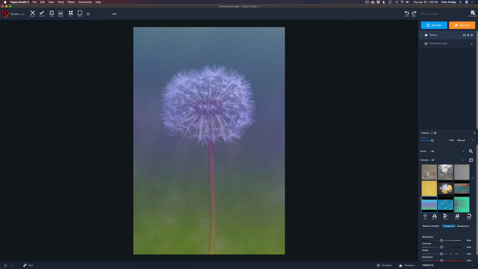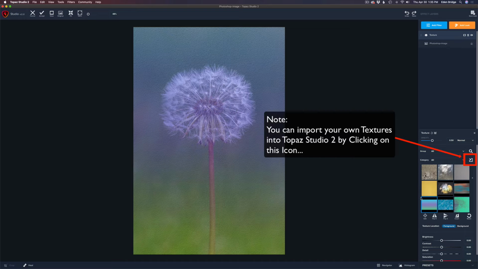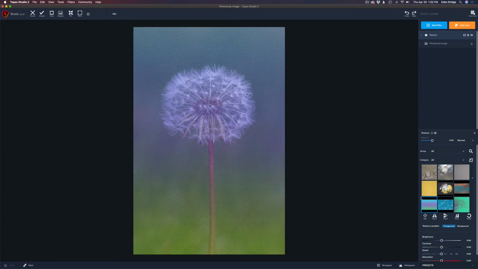Now I know what textures I'm using on here because I've already experimented with this particular image. And as I said in past tutorials, texturing is an art form, and it takes a lot of experimentation. It took me a while to get this worked out, okay? So hopefully I can show you a lot quicker here in the tutorial. So I know what textures I'm using, so I'm just going to come over here to the little icon